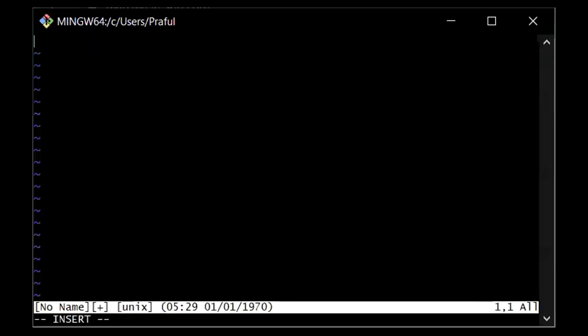Okay. So now what you need to do, you need to write escape, then colon WQ. First, you need to press the escape button. Then colon WQ. See this colon. To save the changes and quit this editor, you have to do this every time. So when I'll be telling you, you just type this.